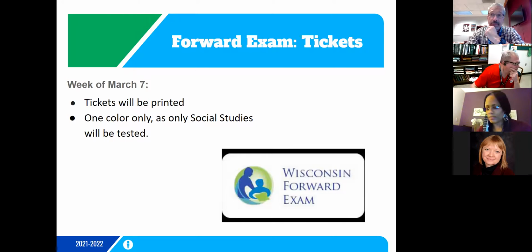So what happens is once all of those supports and accommodations are uploaded, things are frozen in the Forward platform, and we can't add anything. So that's why we're pushing to get this stuff in early. Not early, I mean, timely. We're cutting it close. The week of the 7th, things open up. So yay, the day before ACT, things open up again, and we're now able to print tickets for this.